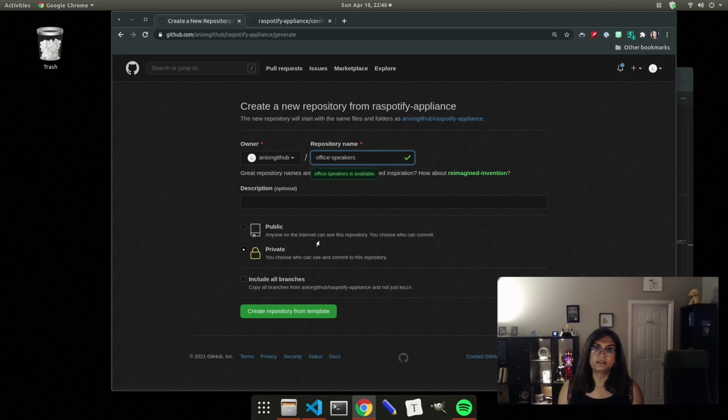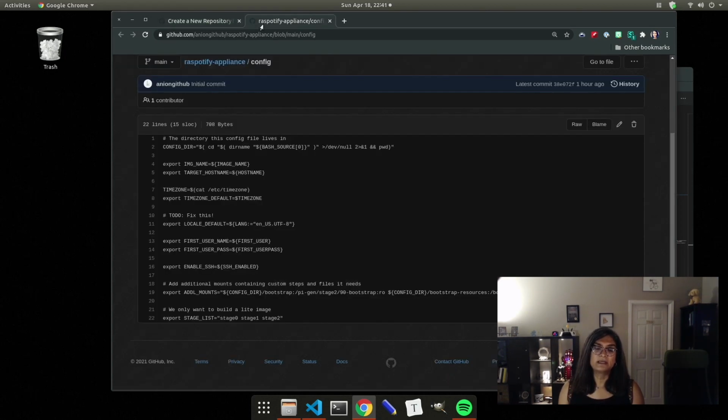If you're interested in bootstrapping such heterogeneous hardware setups, but in a modular fashion, because that's how we do things on this channel, leave me a comment down below and I'll follow up with a video or example repository. Could you guess how it'd be wired up? Hint: take a look at the additional mounts environment variable in config and think submodules.